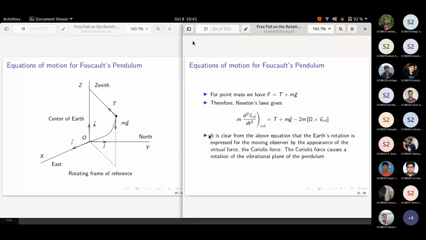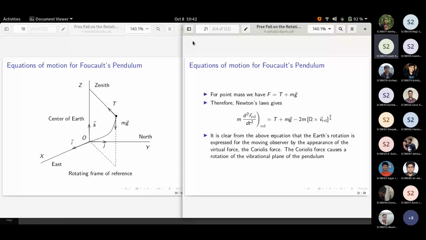So the main change you are going to observe is, if it's a normal pendulum in the inertial frame, the Coriolis force will not be there. Rest of the things will be the same. So we have added this Coriolis term and are going to observe what changes in the solutions we will see. This is the one which is going to change the direction of the plane of the pendulum.